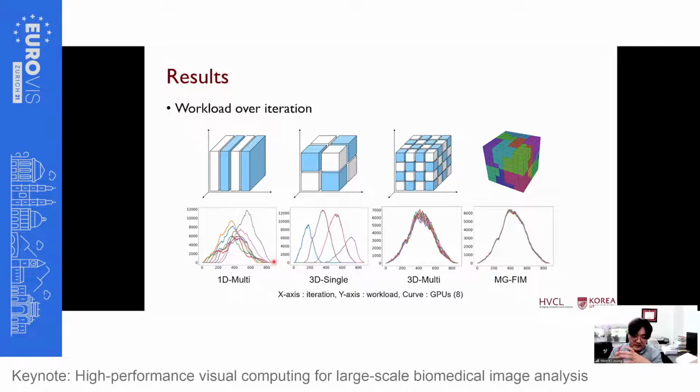The active list at the beginning will be just a single point, but it will grow out, so the band size is growing. Once you cover the entire region, then the band size will be reduced, right? So the curve will be like this. And the best case is when the curves are very close to each other, which means the task distribution is more or less uniform. As you can see here, our algorithm can distribute the tasks very well compared to the other static algorithms.